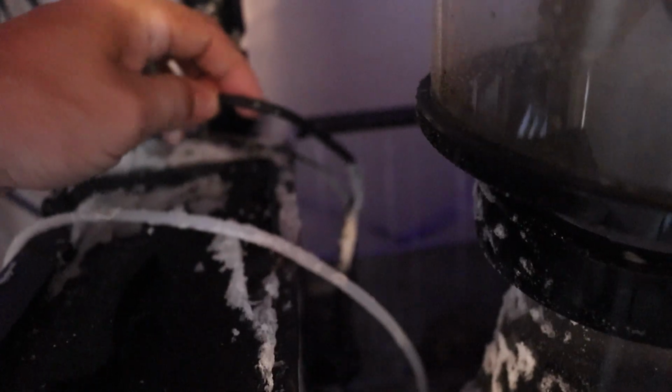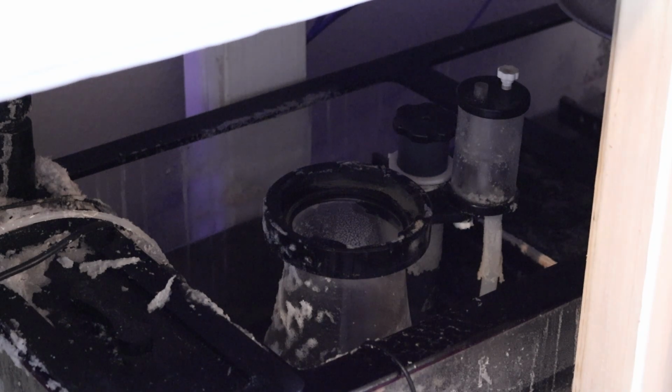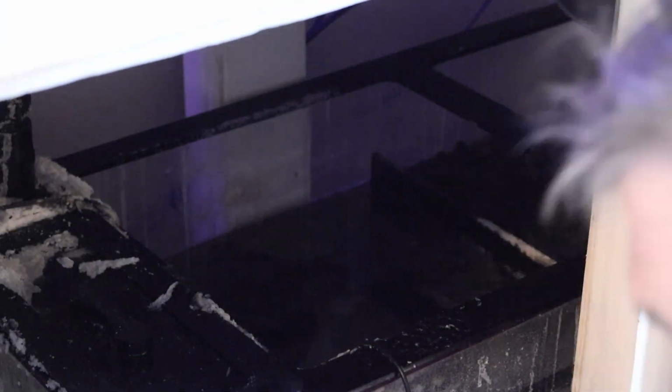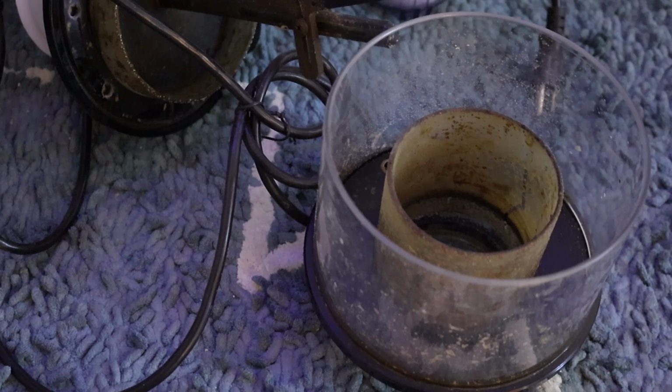Okay, so now we have to unplug the skimmer. This salt creep everywhere, dude. All right, so this is my skimmer line up here, so we're gonna unplug that as well. Take that off. There we go. Get this guy out of here. Okay, so the skimmer is out of the sump, ready to be cleaned, and the way you go about deep